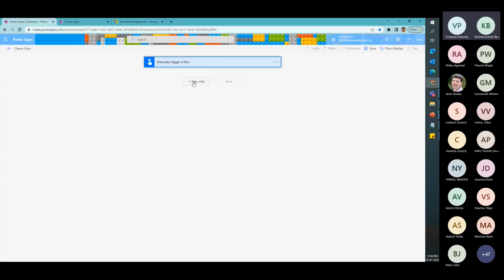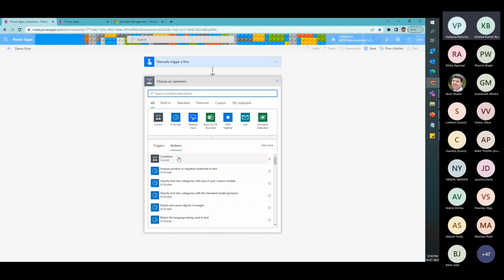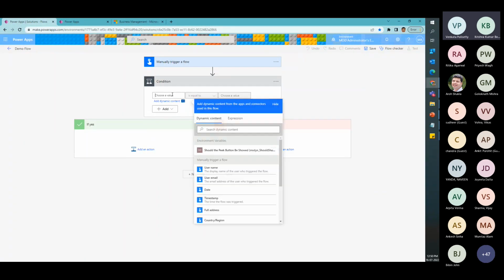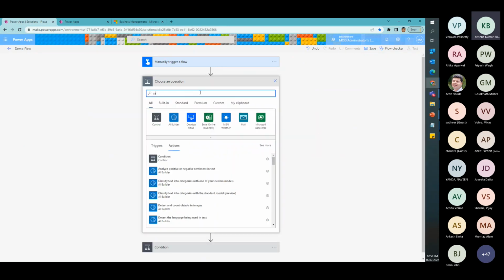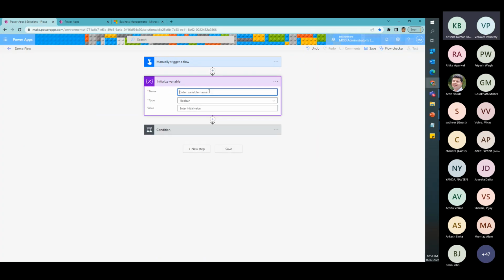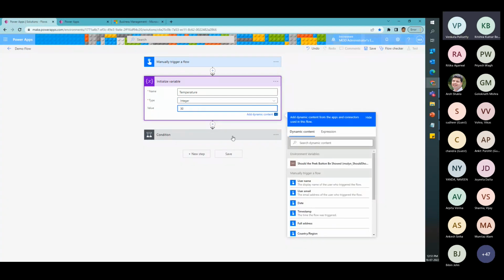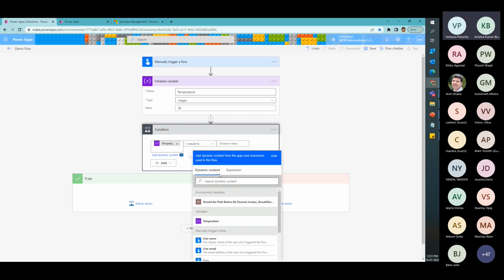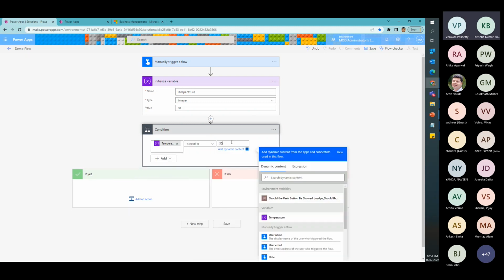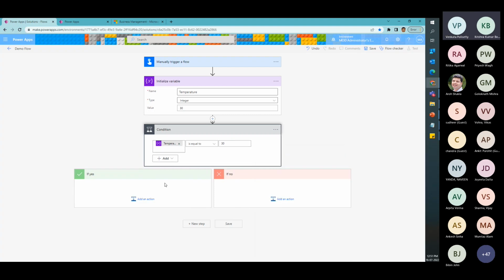I'll give you one particular condition. I will take one variable here. I'm initializing a variable, and I will take an integer value, which is 30. Then I'm selecting this temperature. If it is equal to 30, simply I will say